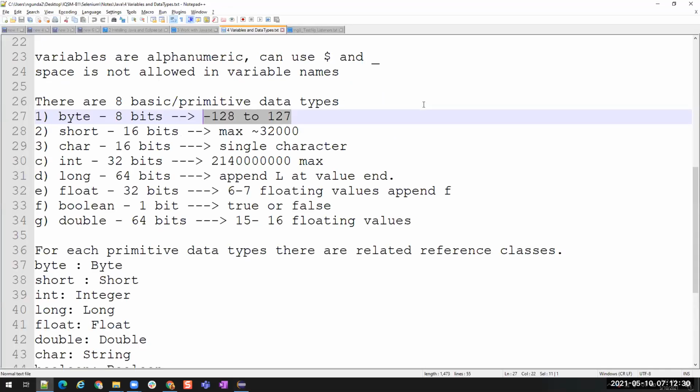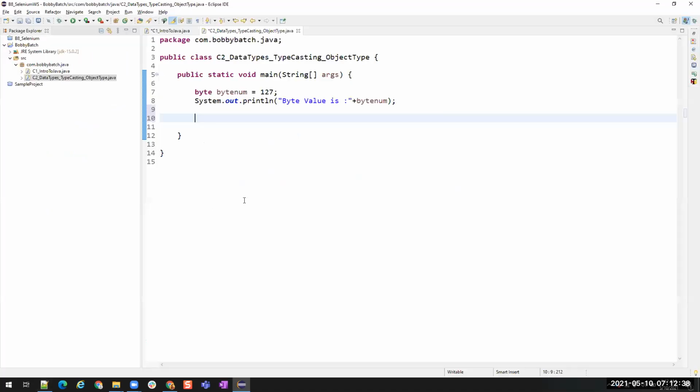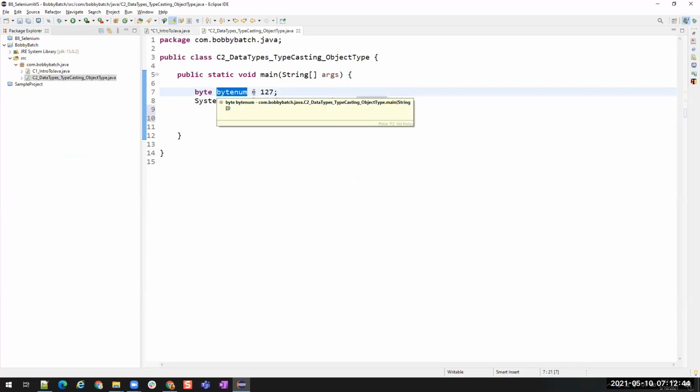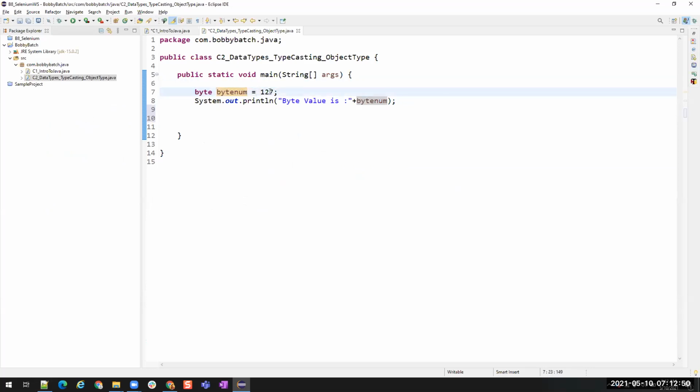I'll skip a few of these. We have two things that are a little different: long and float. All remaining things you can just create the same way. Data type, variable name is equals to the value you want to store in it. Data type, variable name is equals to the value. Syntax.